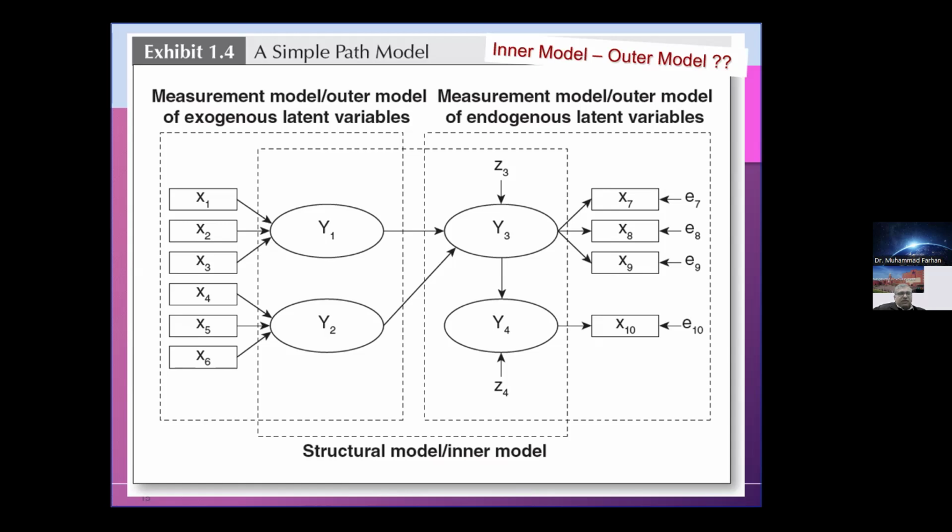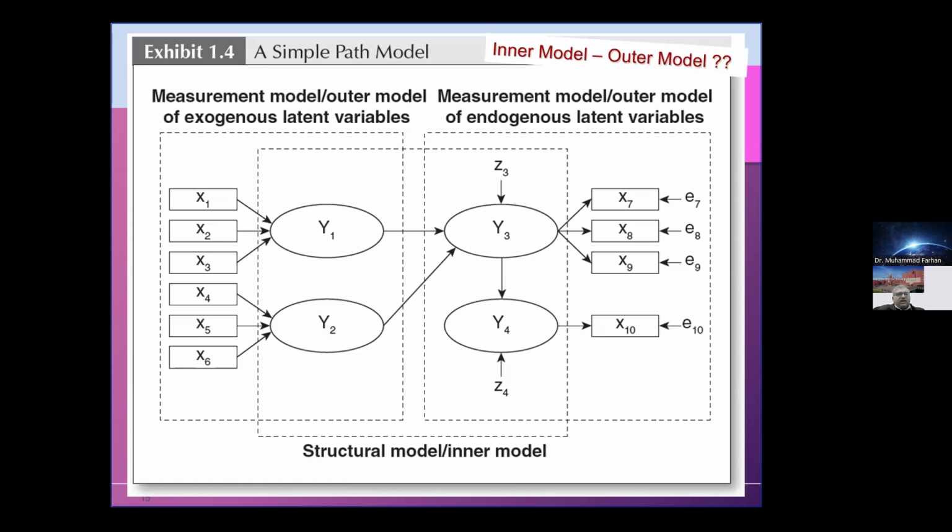Here you see y1 and y2 in the first block, represented by x1, x2, x3, and x4, x5, x6 comes in for the construct which is y2. So y1 and y2 represent the latent variables, and for those latent variables there are indicators which we will use. And also, if you go to the right side block,